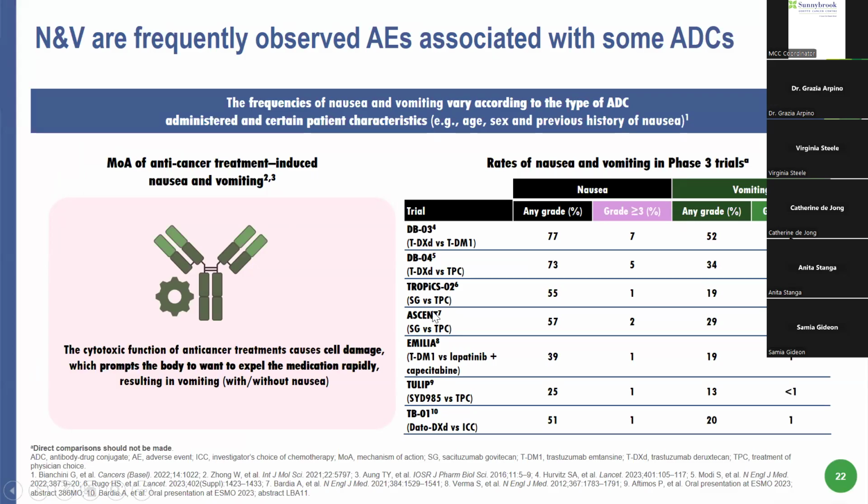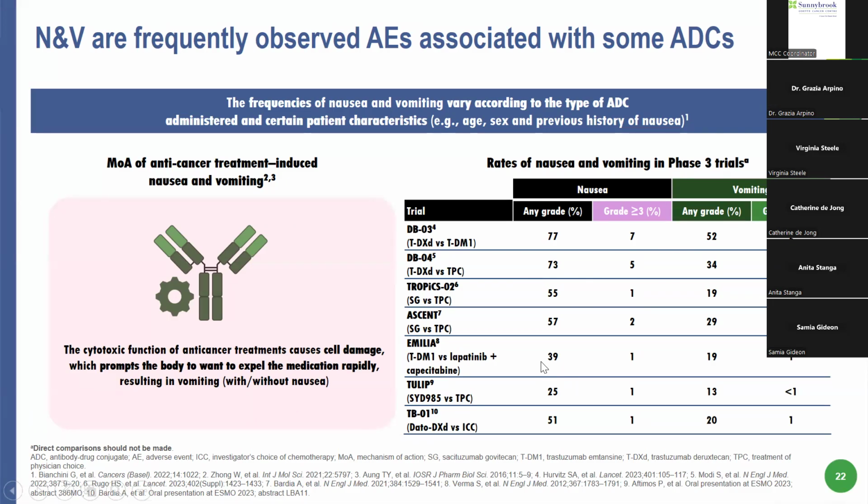So we have trastuzumab deruxtecan from the DESTINY-Breast trials, sacituzumab govitecan and T-DM1. And this is just to show you the proportion of difference of nausea and vomiting incidence among the different drugs we're actually using in breast cancer. As you can see, we are starting with T-DM1, where we had an incidence around 40% of